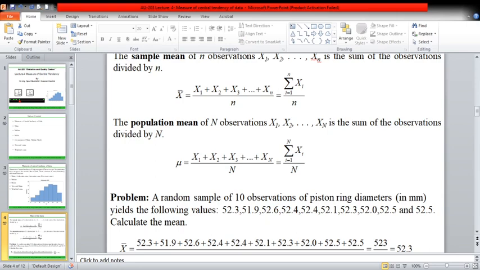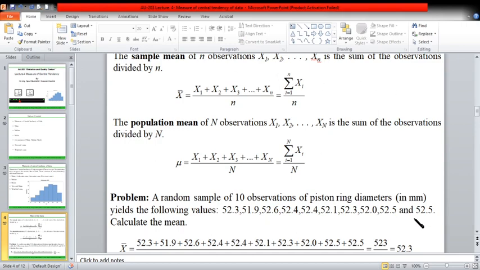If you have an odd number of observations, let's say 5 observations, so 1 and 2 are the end values, and 4 and 5 are the other end values, so 3 would be your median in that case. Once your data is odd, let's say for example with the same measurement of the diameter of the piston ring we took in the beginning, you have 1, 2, 3, 4, 5, 6, 7, 8,